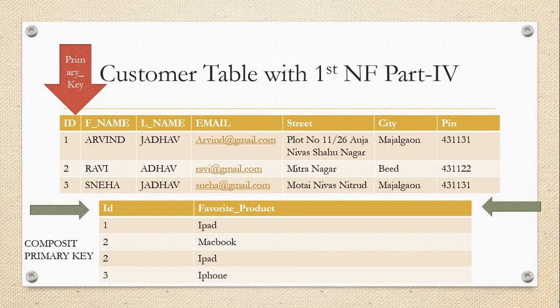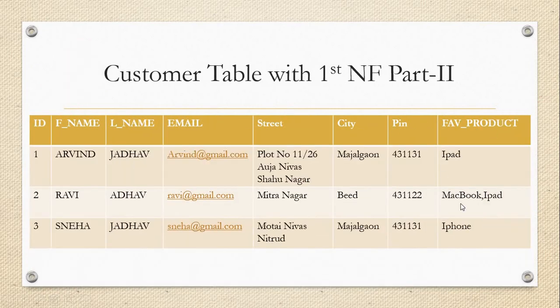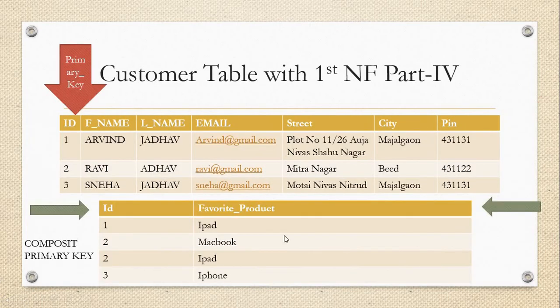That means the first table is not dependent on another table. So we remove the dependency, and we remove the redundancies also. In the earlier case, when I tried to remove this MacBook, the whole record would be deleted. Now when I remove the MacBook, the whole data will not be deleted. So this is about the first step. Just make a note of that.